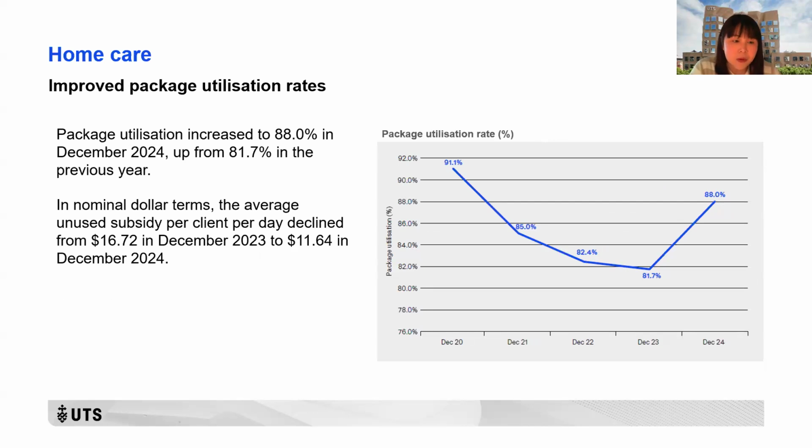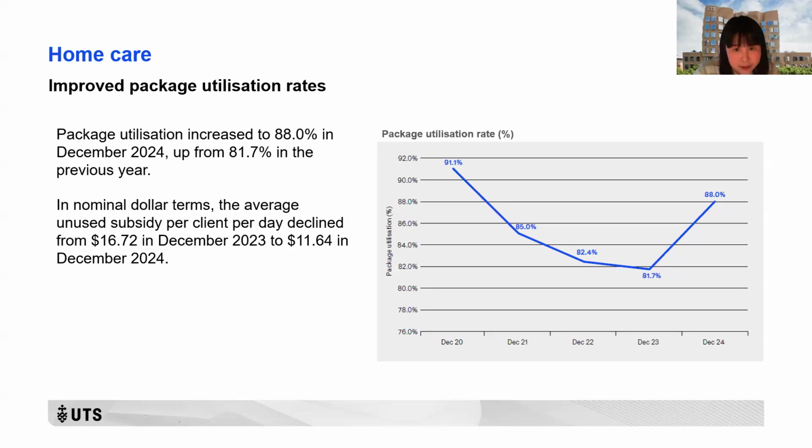In this sector report, we also reported the package utilization. Package utilization is a measure of the proportion of available subsidies spent in a given period and is a key indicator of provider revenue. After several years of declining utilization and rising unspent funds, the latest results suggest that providers are increasingly able to convert allocated funding into revenue to support their short-term financial sustainability and service continuity, while care recipients are